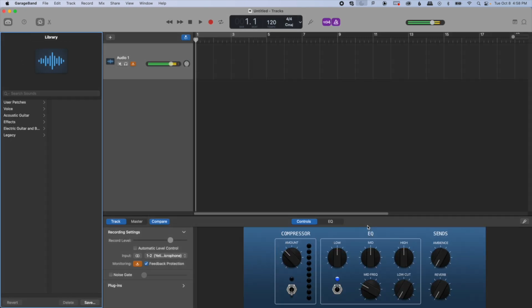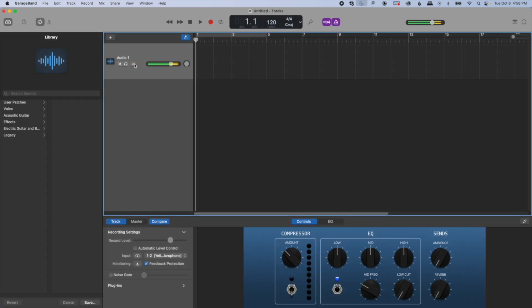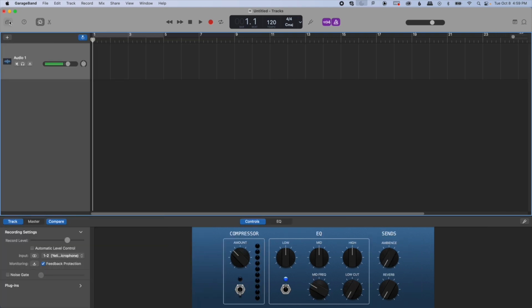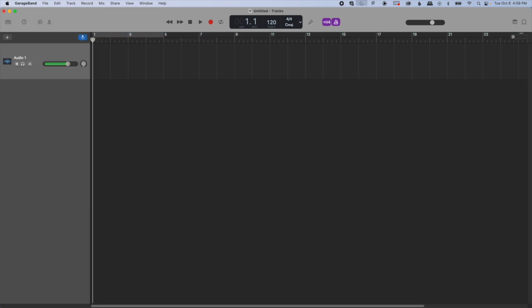So you create your session, and that was just a feedback loop. So this is how you arm your microphone track. The same thing might happen to you when you first turn it on, especially if you have the volume coming out of the speakers and not just out of the headphones. But alas, okay. So I'm going to close all this stuff,